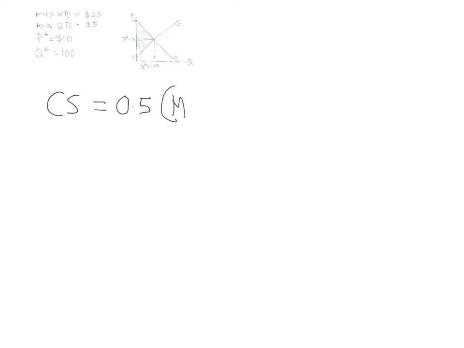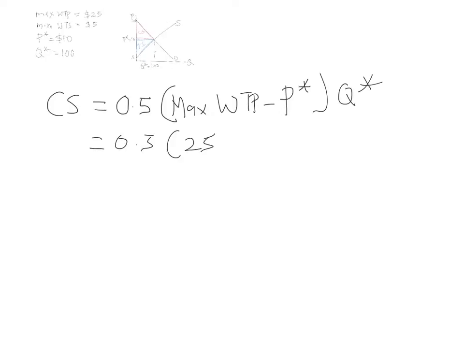The maximum willingness to pay, or the marginal benefit, minus the equilibrium price multiplied by equilibrium quantity. So 0.5, maximum willingness to pay is 25, equilibrium price is 10, and 100 units were sold. So just solve for that. 0.5 times 15 times 100,